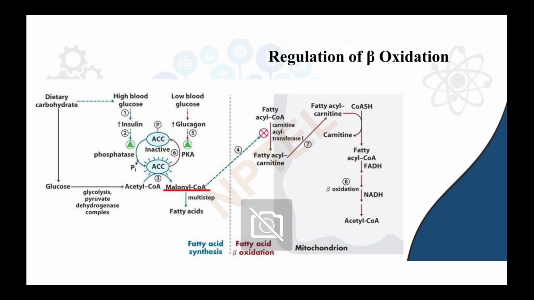and that will result in the activation of enzyme ACC. So high amount of insulin activates the phosphatase. That phosphatase will dephosphorylate the ACC enzyme, in turn activating it. That active ACC enzyme can now convert the acetyl coenzyme A into malonyl coenzyme A, which actually goes and inhibits the carnitine acyl transferase 1, that transfers the fatty acyl coenzyme A, that is the activated form of fatty acid, into the